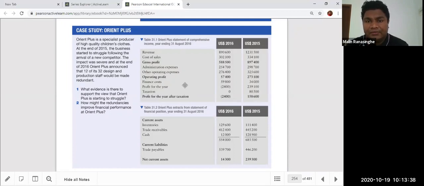This is a strategy that they are using, even right now. You can see a lot of organizations are going to reduce the number of people that they feel are not necessary to the organization. They are going to cut them. They're going to tell them to leave the organization.